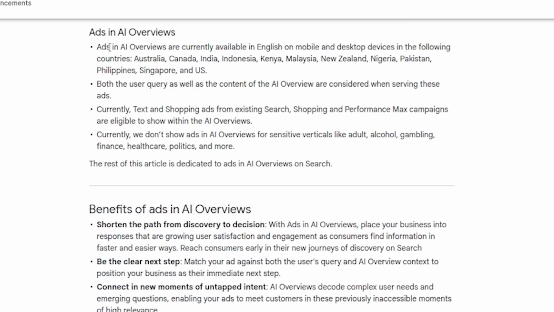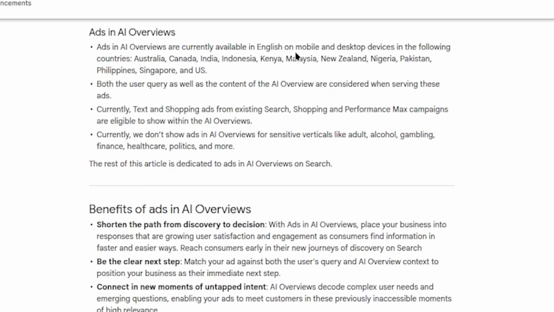So anyways, Google has been pushing the ad block hell onto us, and the other big reality that nobody's really talking about is what happens when you just have a system where the ad blockers will never work. For instance, in a lot of cases when it comes to Google, AI overviews is something that they're pushing, and the reality of it is that AI overviews do also have ads. You may not know about this, but Google actually has ways for them to stick in ads inside them. For instance, right over here, ads in AI overviews are actually available in English in Australia, Canada, India,